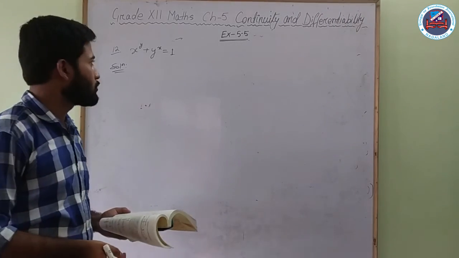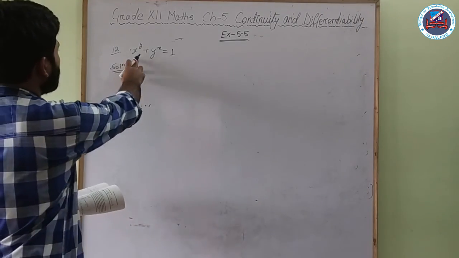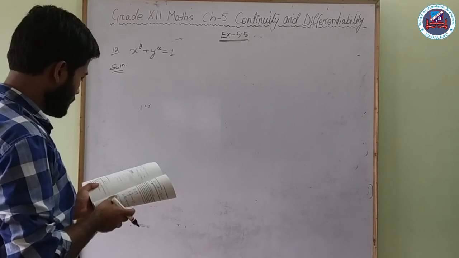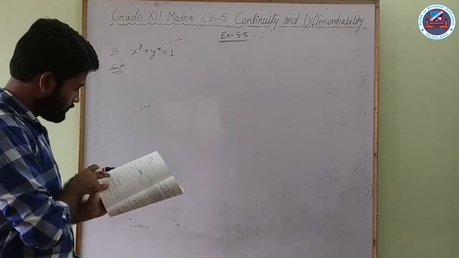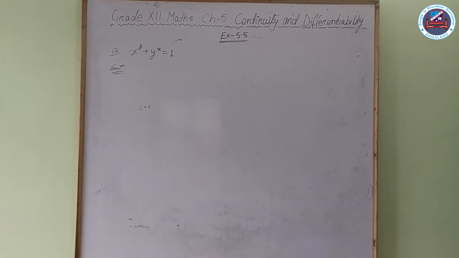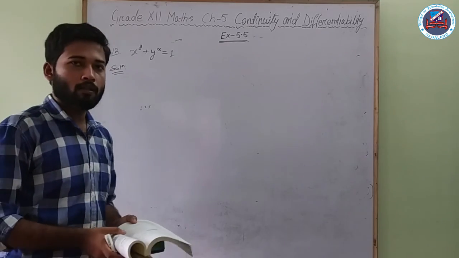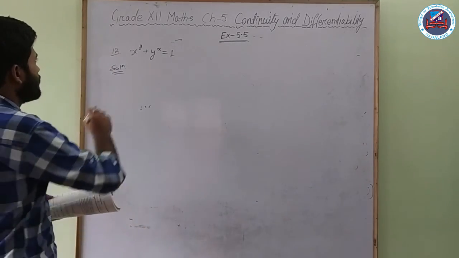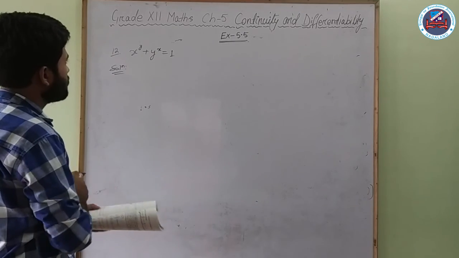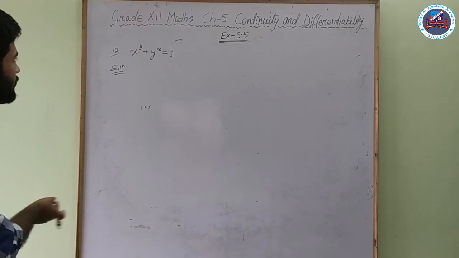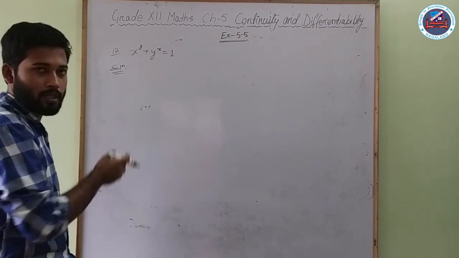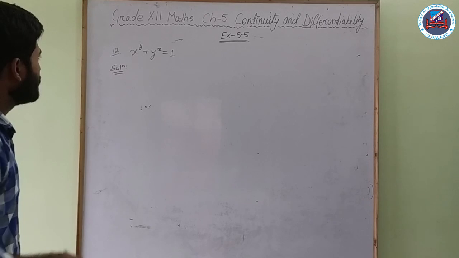So this is our answer. Now let us see question number 12. It is given x to the power y plus y to the power x is equal to 1. So here we need to find the dy by dx. So clearly we can see that this is an implicit function because we cannot separate the y. Okay, so